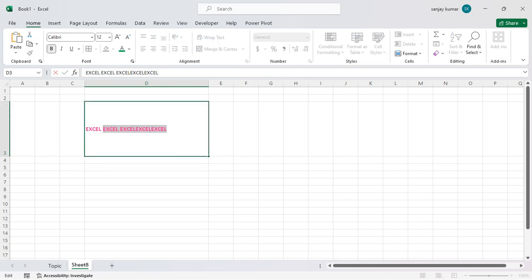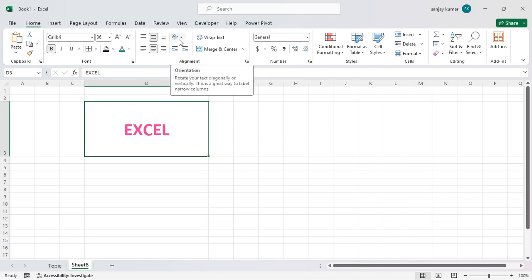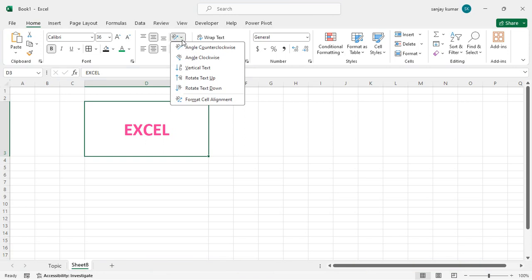Now example again, let me delete this and increase the font size so you can see better, and let me align to the middle. And now if I would like to change the orientation of this font, simply you can click here down here and you can see angle counterclockwise, angle clockwise, vertical text, rotate text up, rotate text down, or format cell